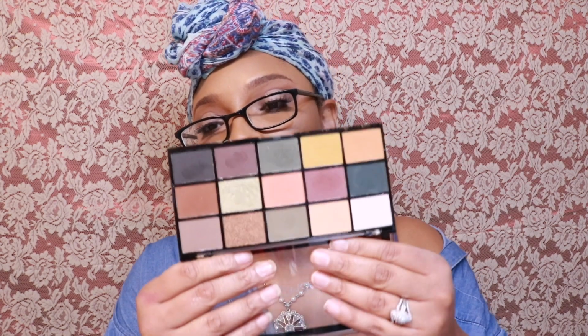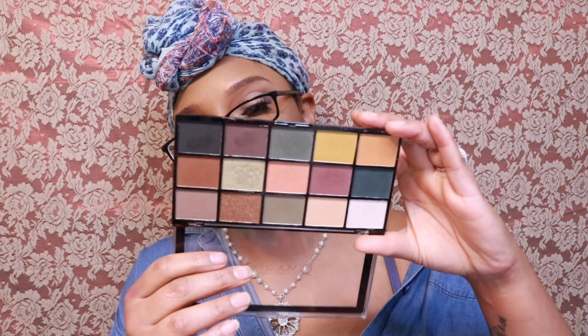Yeah. So the next palette that I've kind of given up hope on, I don't want to say I've given up hope, but I find myself reaching for Subculture a little bit more. This is the Makeup Revolution Reloaded palette. I've tried this on multiple times. It does okay. There's a few times where I've tried it and the pigment on it is actually pretty good. I find myself having to blend a little bit extra because every now and then it'll get splotchy,